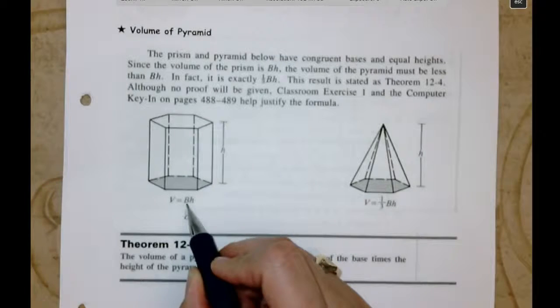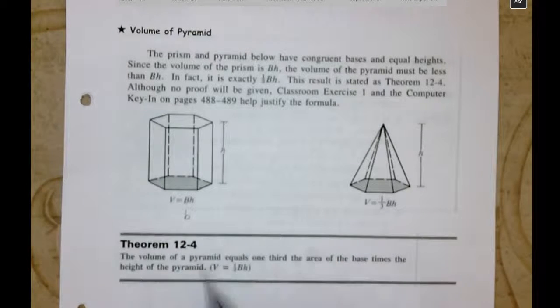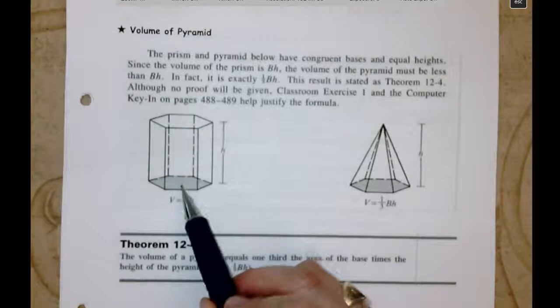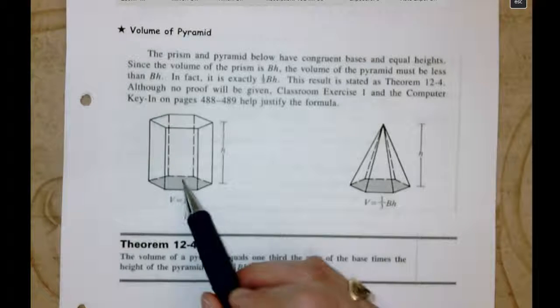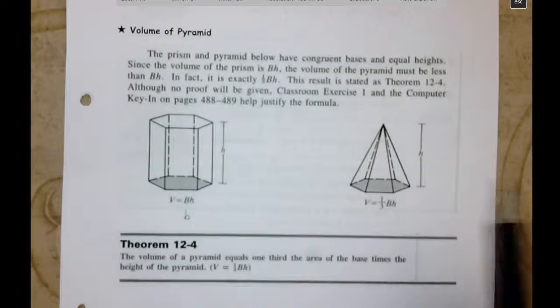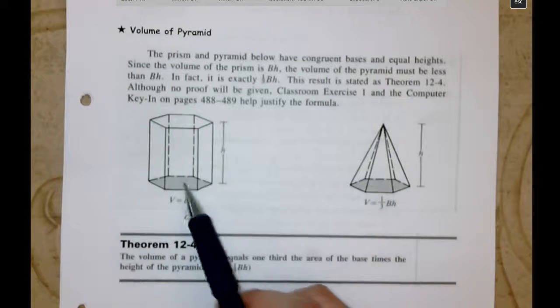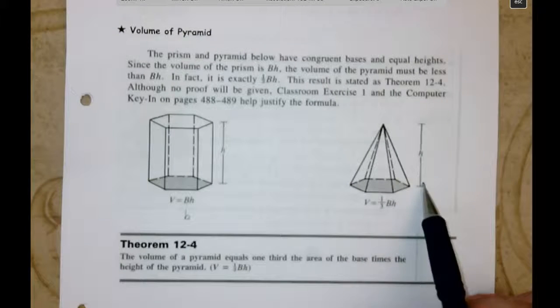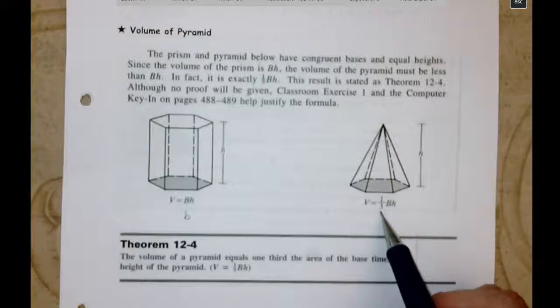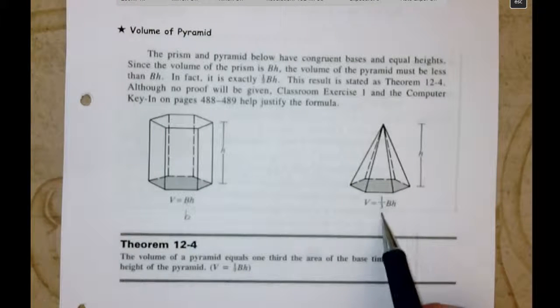The capital B is the area. So capital B times height will give you the volume, right? That's from the 12:1. For the pyramid with the same base and the same height, the volume is 1/3 of this. Okay, and in ACP classes, I often bring these transparent